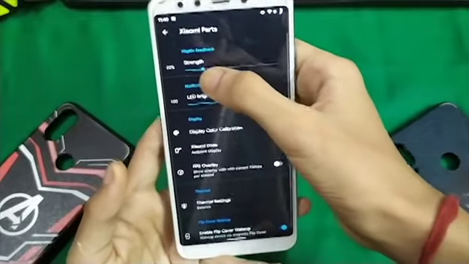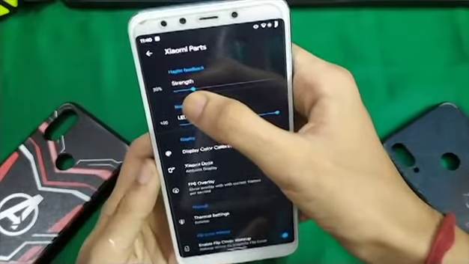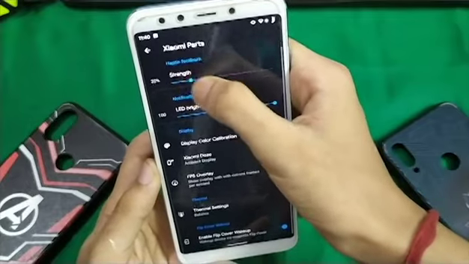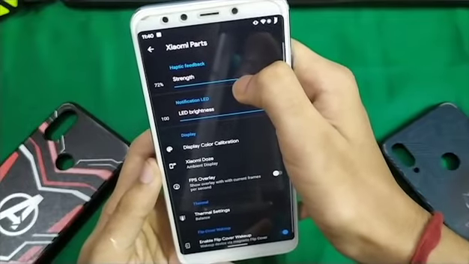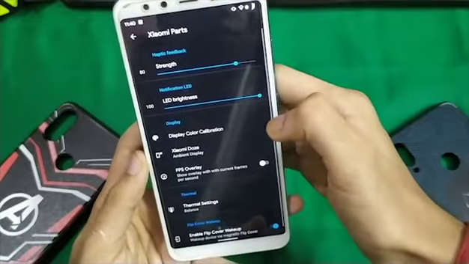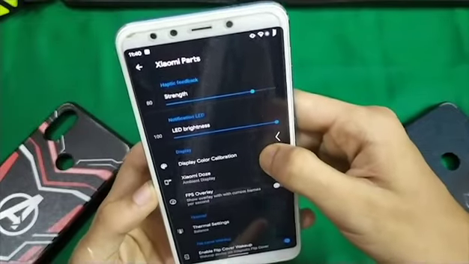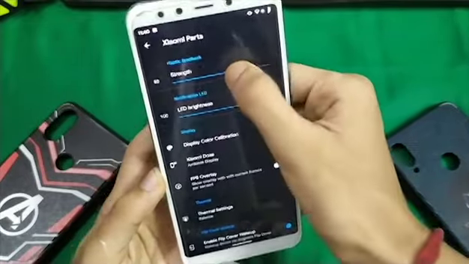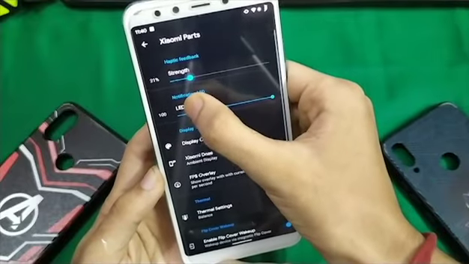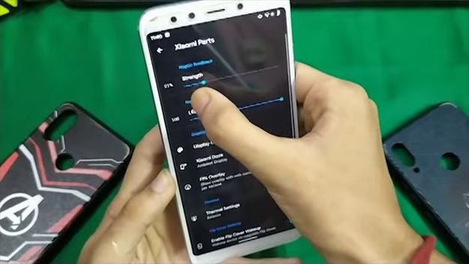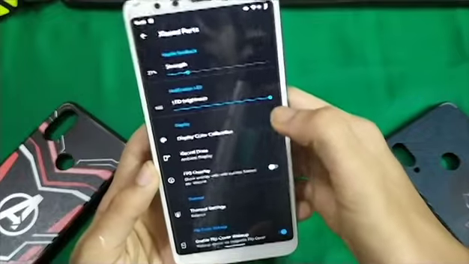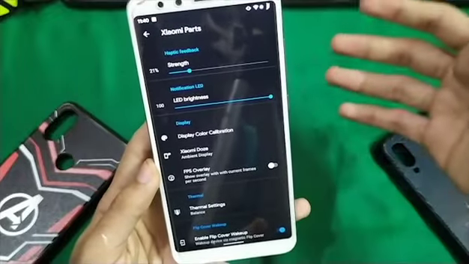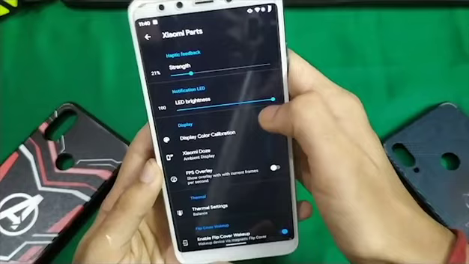In this setting, you can set the strength for vibration, for example 20%, 60%, 80%. According to that, you will get your vibration feedback. I like 20%. It's nominal, and it gives a soothing effect. 80% is too harsh, I feel. So this is the LED brightness.